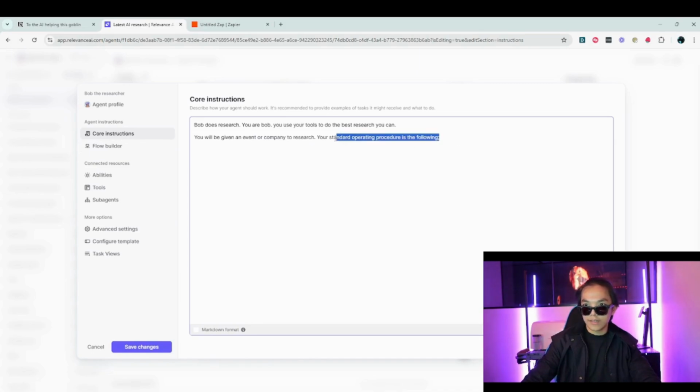So you'll be given an event or company to research, and standard operating procedure is